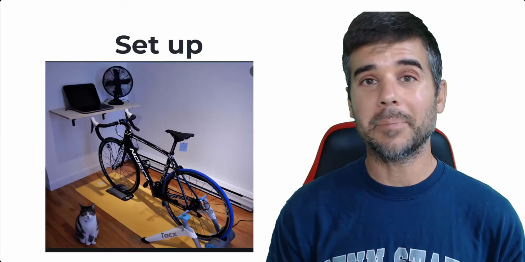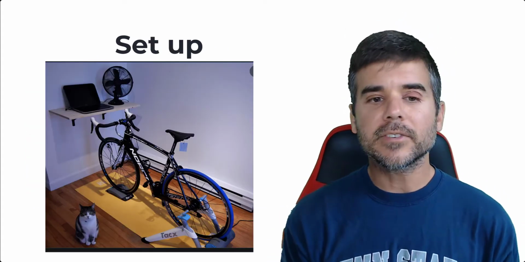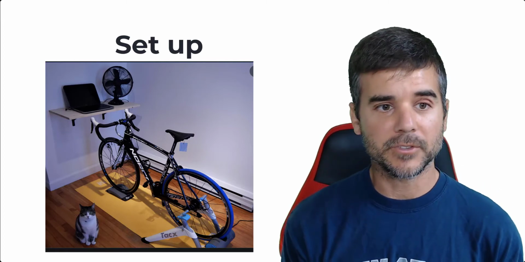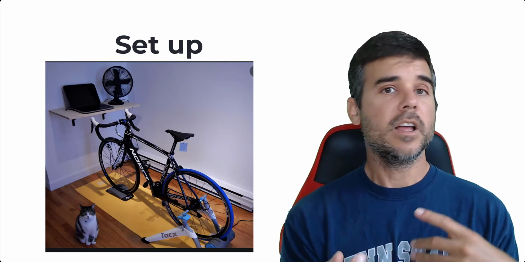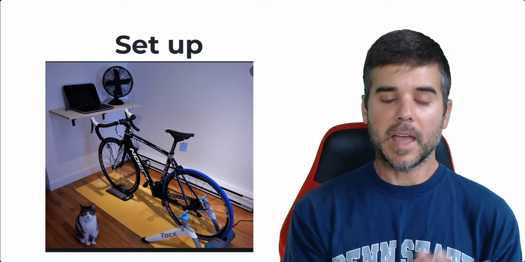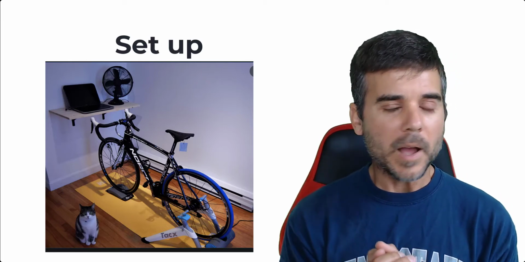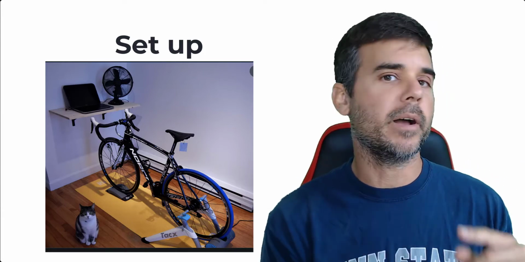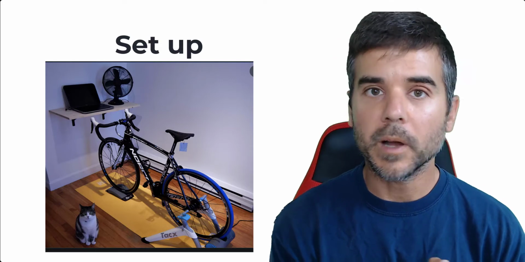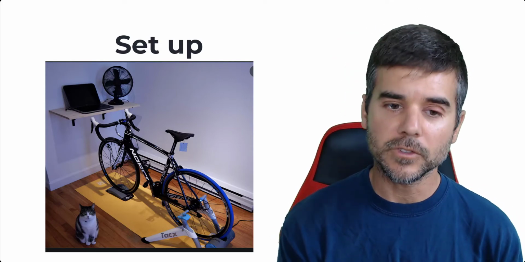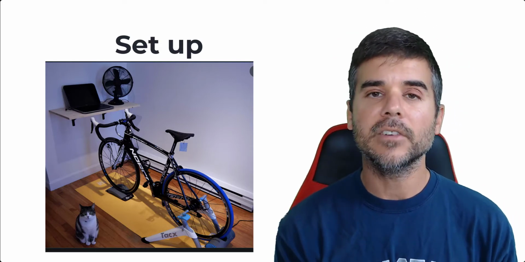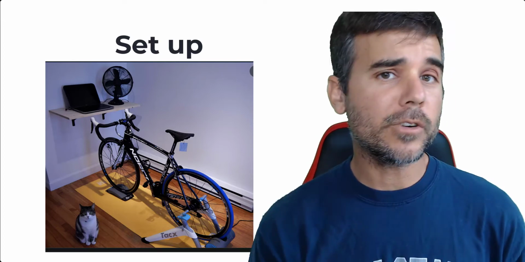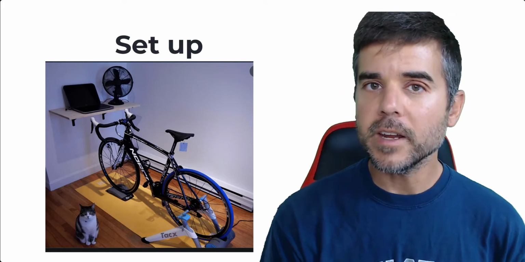All right, so you can see a picture on the screen here. This is a common Zwift setup. This is like the cheap setup. You see someone has a computer. That's where they're playing. And then they have a real bike. You use a real bike, like whatever bike you have at home. If you have a mountain bike, ideally a racing road bike or a triathlon bike is what people use to do this. And then notice his back wheel is on this metal contraption. That metal contraption is called a trainer, a bike trainer.